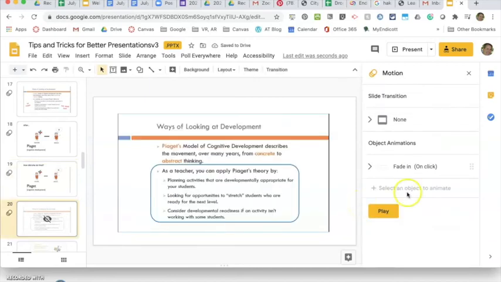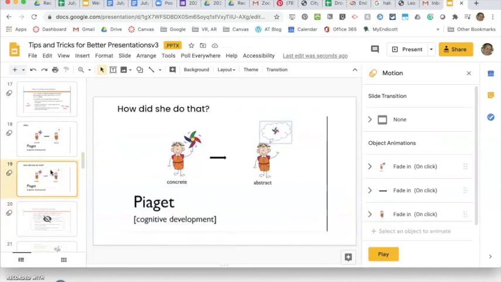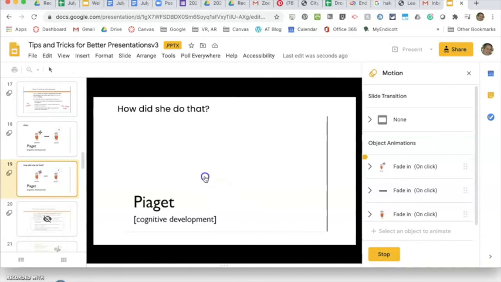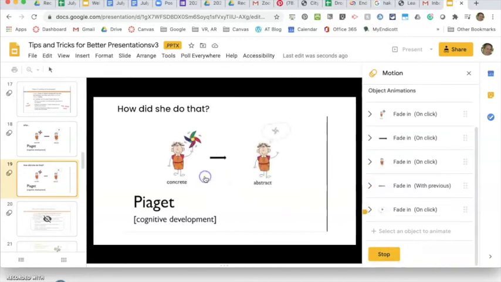And then got to go back and hit play to show that it works. Click, click, click, and everything appears one at a time. So that's how you can animate text and objects in PowerPoint and Google Slides. So try doing that when you make your little screencast. It will look